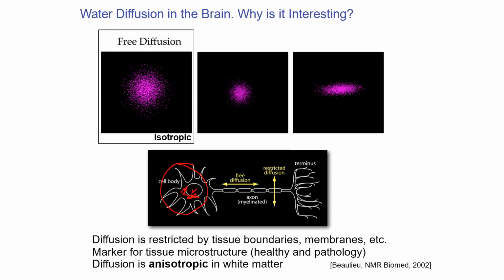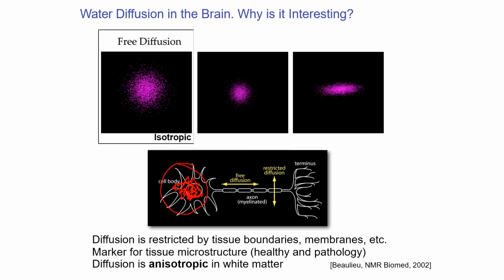If we're tracing our molecules, they can bounce around within the cell body. Water is small enough that it can go across the wall. There might be a little bit of restriction there with the walls of the cell body, but in general it's going to be quite unrestricted within the body of the neuron. But as we are in the axon,